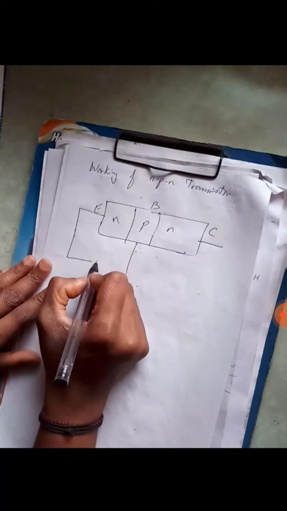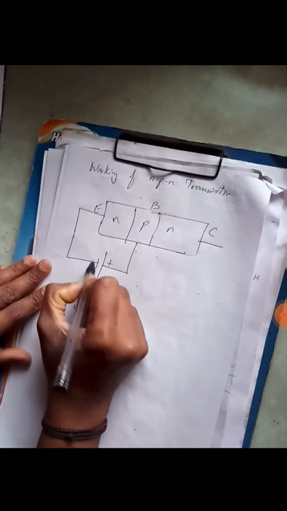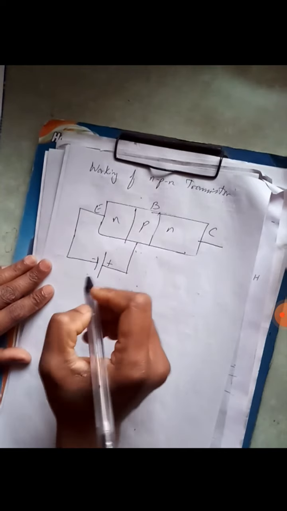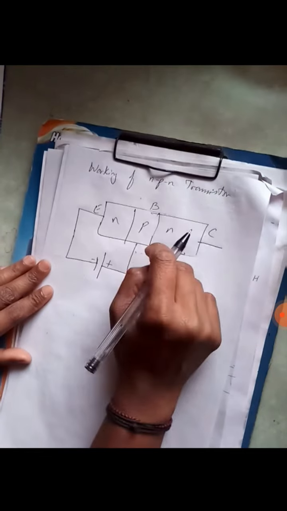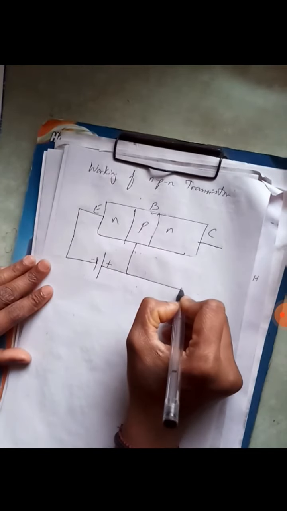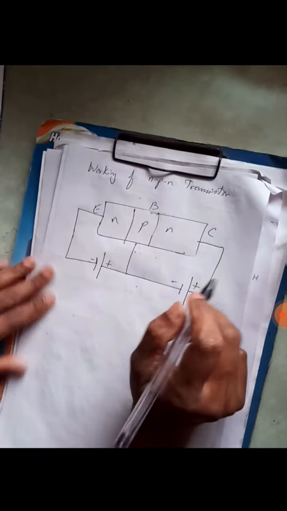The emitter base junction is forward bias and the P type will be connected to positive terminal of the battery and N type is connected to negative terminal of the battery. Similarly, the collector base junction ಅಂತ ಏನಿದೆ ಅದನ್ನ ನಾವು reverse bias connect ಮಾಡೋಣ. P type is connected to negative, N type is connected to positive. So this is the diagram what we are going to see to understand the working of an NPN type of